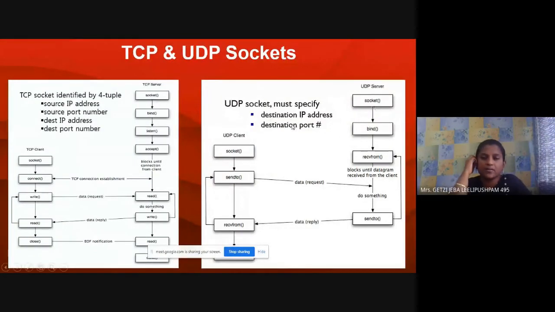Any guess? Come on, any guess? Can I have a guess from the class? John Emmanuel, can you guess and tell me why a UDP socket does not need a source IP address?